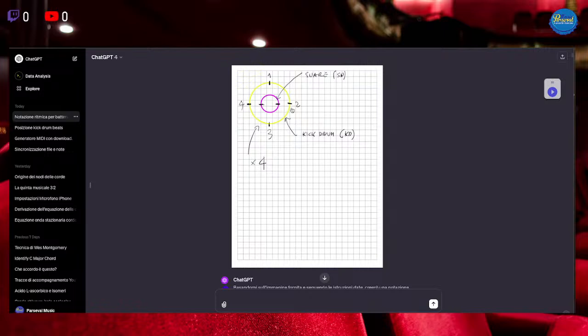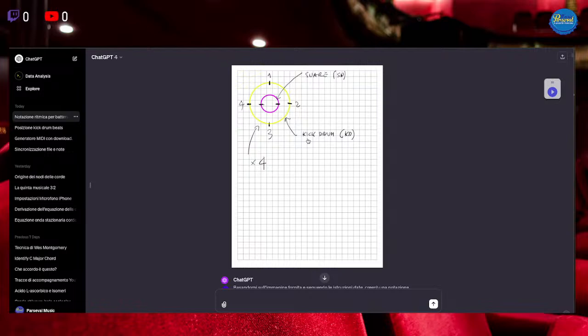It was able to understand the X factor of the repetition, the inner circle to be the kick drum, the snare, the outer circle, the kick drum, and things like this.